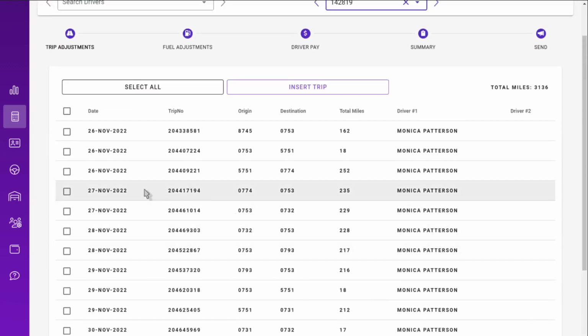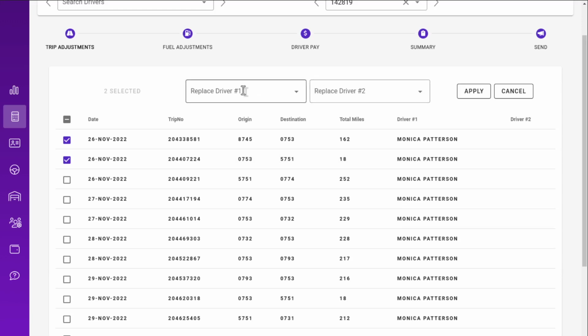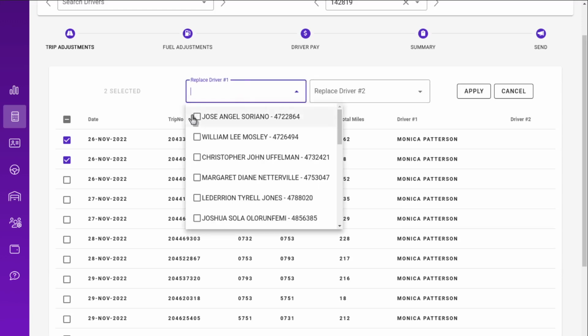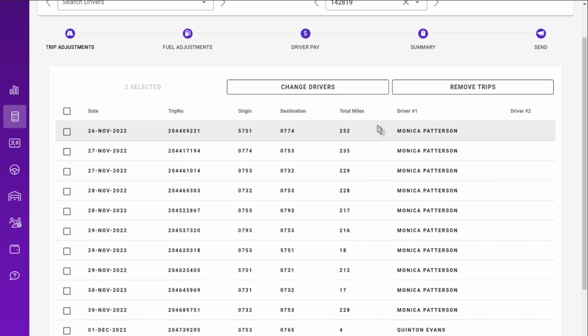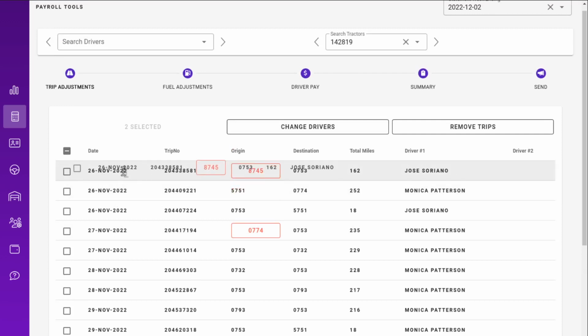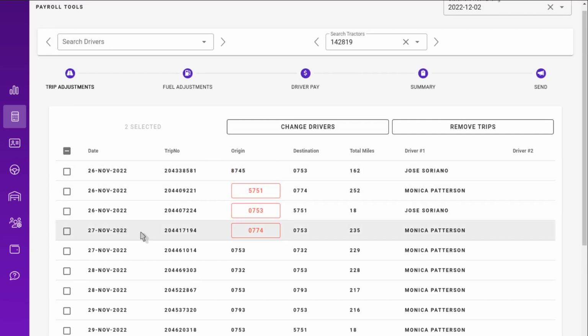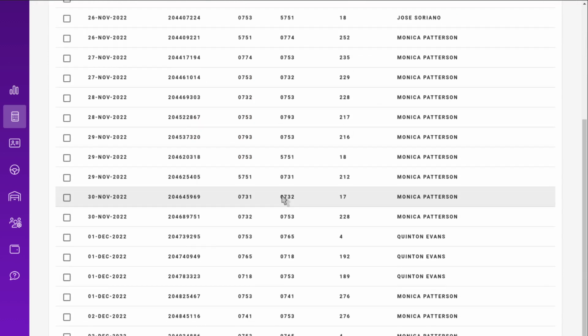So for the sake of the demo, let's say that these first two trips here weren't actually made by Monica. Let's go ahead and change them to Jose. And we'll see here that Jose is now actually the driver that was in this truck. They got a little out of order, no biggie. You can always just drag trips around like so to reorganize them